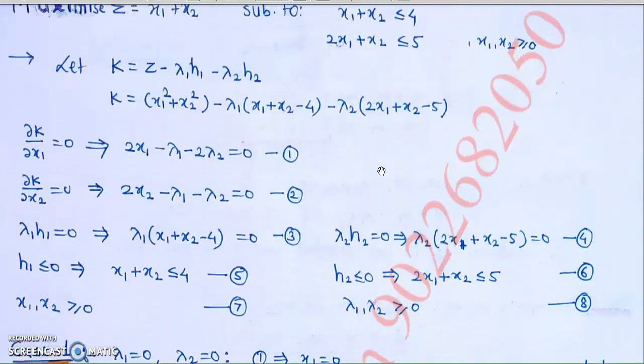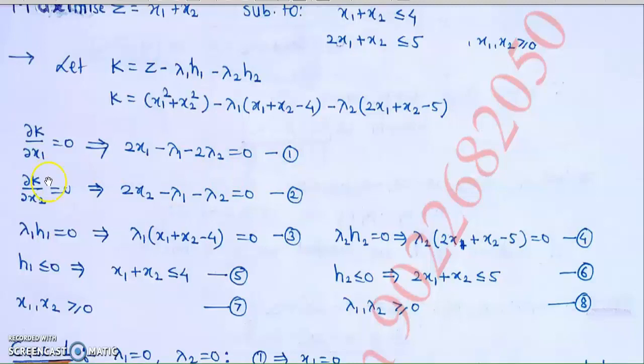So the first 8 conditions we obtain as 8 equations. Differentiating k with respect to x1 and equating it to 0 gives us the following. The derivative of x1 square is 2x1, and the derivative of x2 square is 0, as there is no x1 term; it's constant for x1. We are partially differentiating. When we open the brackets, we get minus lambda 1 x1, so only minus lambda 1 is the derivative of it. Other terms are constant for x1. And we have here minus 2 lambda 2 x1, whose derivative is minus 2 lambda 2. This equation is equation number 1.